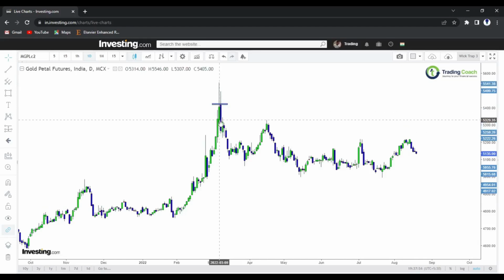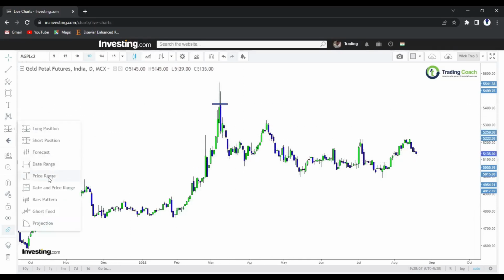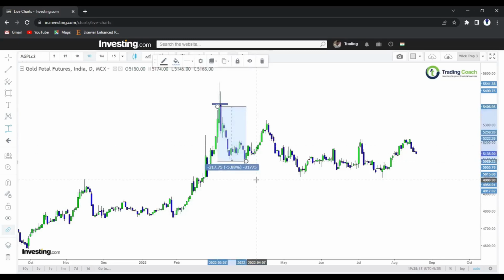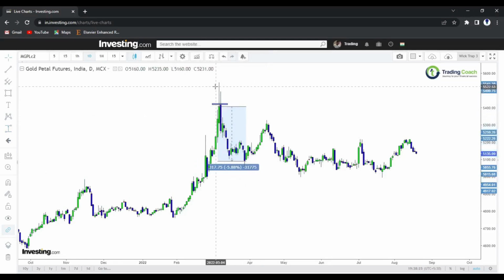The prices went down for almost 1, 2, 3, 4, 5, 6, close to 10 days, right? Consistently the prices have fallen. If you measure the percentage here, if you had taken a short trade right after this large wick, the market fell drastically, somewhere around 5 to 6%, right? So this is what we call a